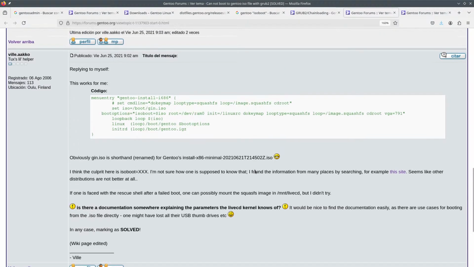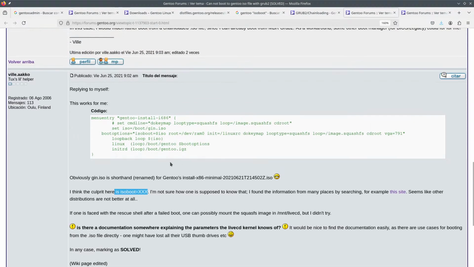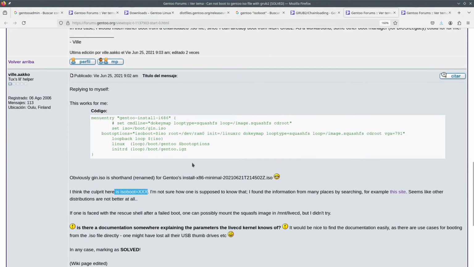What's the question? Can you make a bigger question so that I understand? I'm not sure how one's supposed to do that. Yeah, so isoboot. What are you using?